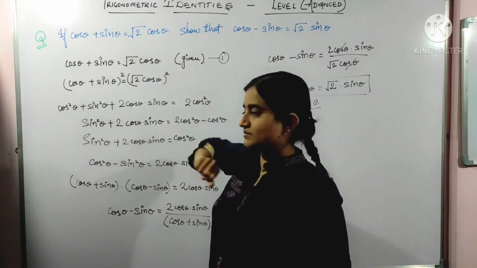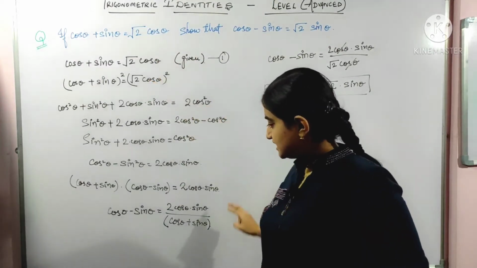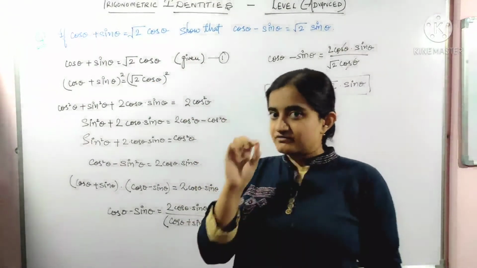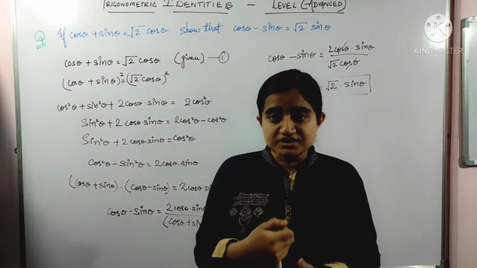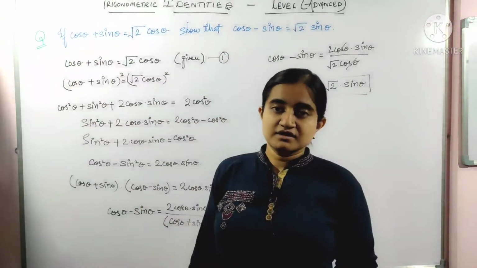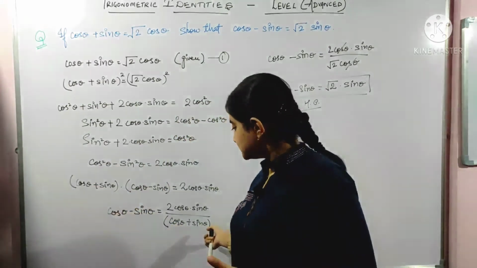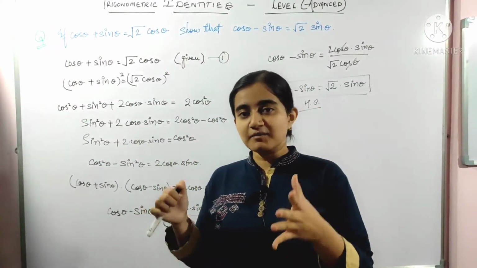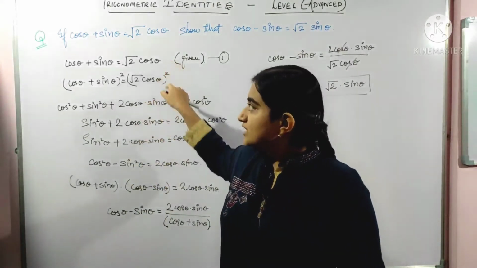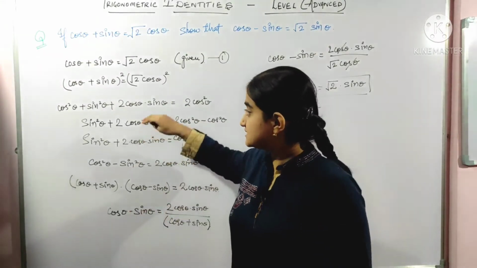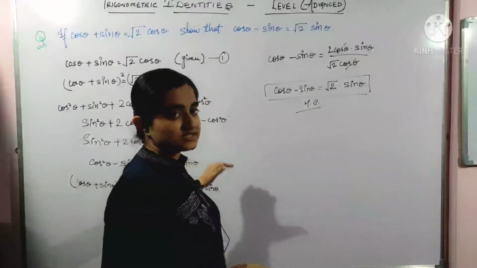Okay, so what we can do from this, we have done the squaring part, we have proceeded, but we have not used this part, so we will use it here. So this was a bit of a click you required here, and if you get that click, you can reach here. If you don't get a click here and you cannot proceed further, please don't cancel this part. If you want to try again, try on the rough page, and when you find that this is not proceeding or you are not getting the particular answer, please don't cut this part, leave it as it is, because you will get a score for it also, you will get marks for each step. So don't make these silly mistakes in exams, you have marks for steps, so please don't do that.